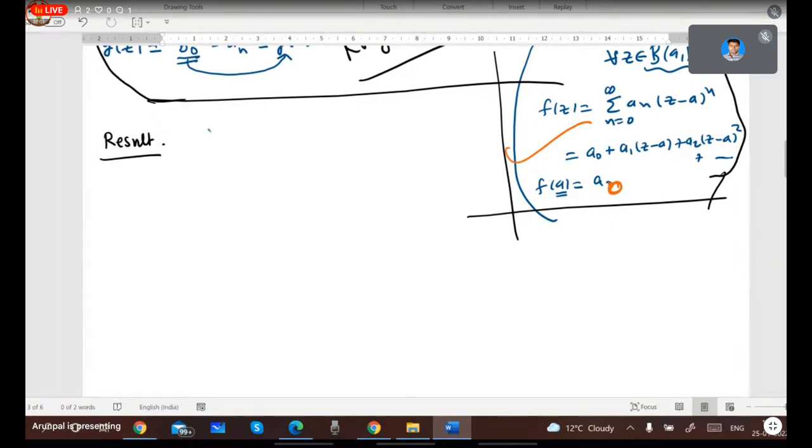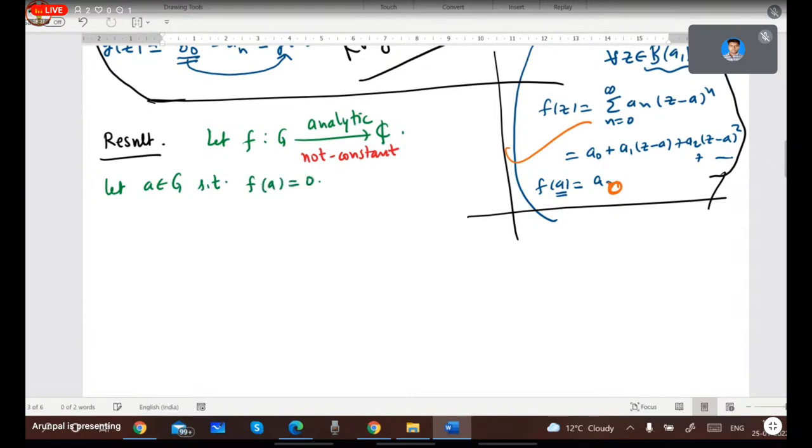So, class, let f from G into C be an analytic function. And one important information about f given is that it is not constant. Let a be some point in G such that the value of f at a is 0. So it is given to you, class, that there is some point in the set G at which the function vanishes. So the result says, then